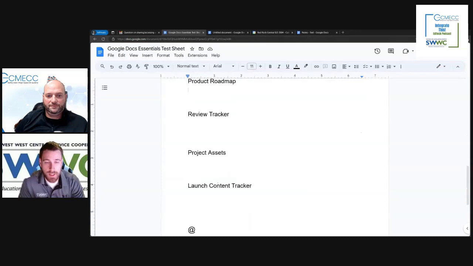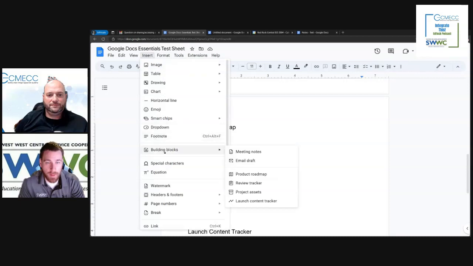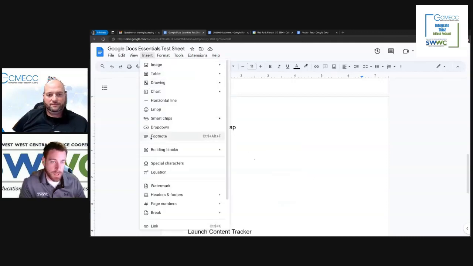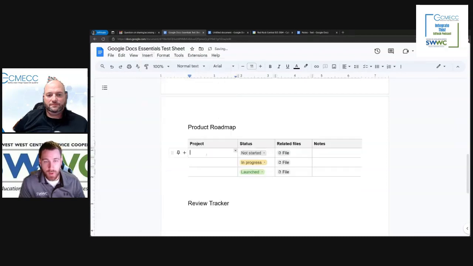And then you get into a little bit more complex things with the building blocks. And those are going to be your product roadmap, review tracker, project assets, and launch content tracker. They're very similar in how they operate, but I just want to put these in so you can see what they look like. If we do a product roadmap, you're going to see where you can list out your projects,